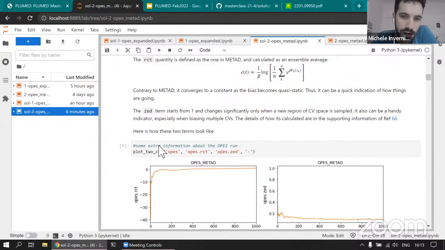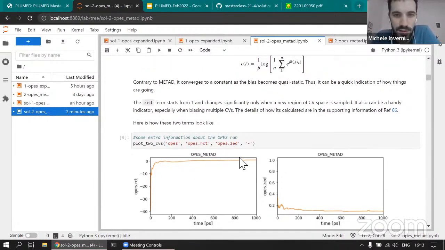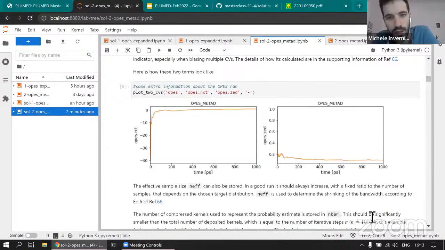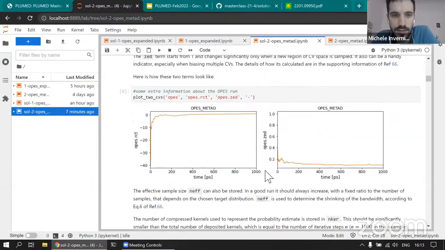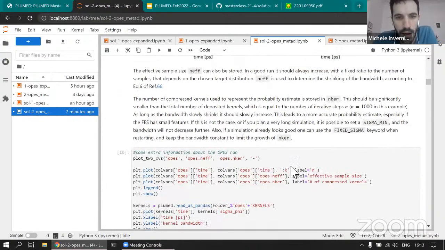So if you plot this, you have a very quick idea, even if you're biasing 6 or 7 collective variables, you can just plot this and have a quick idea if you are converging or not. Similarly, this Z variable should converge to a constant, and it's a way to have an idea if you're exploring new regions of the collective variable space or not. And